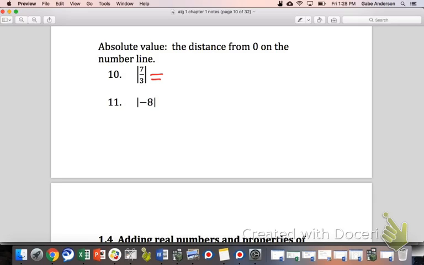It's positive 7/3. Because you're basically asking yourself, how far is 7/3 from 0 on the number line? Well, it's 7/3 away, isn't it? Okay. But what about the other one? How far is -8 from 0? It's 8 away. And so the absolute value of -8 is 8. Okay, so the distance from 0 on the number line